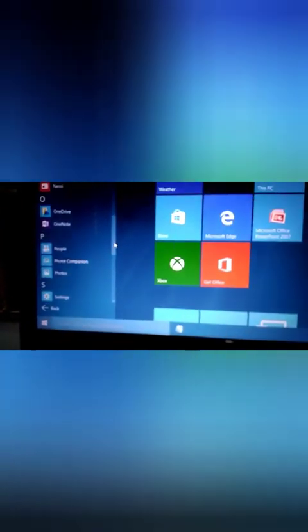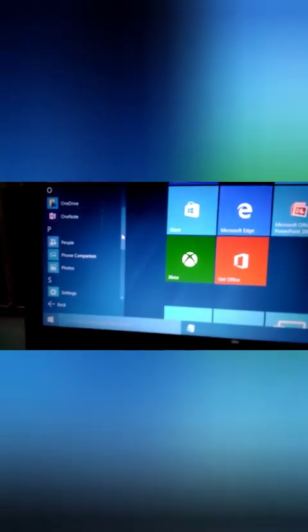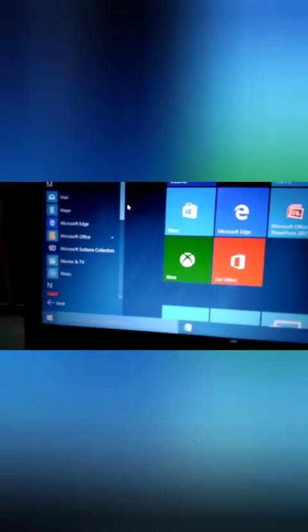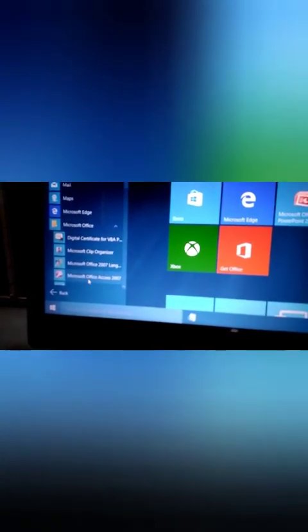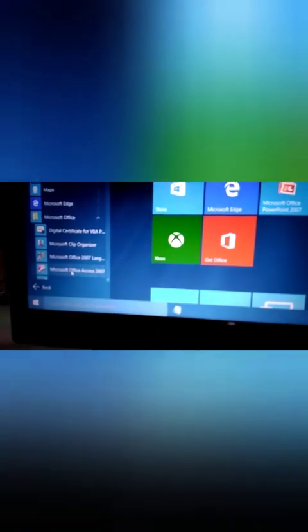From here, open Microsoft Office. After that, click Microsoft Office Access 2007. The database should be displayed in this portion. My database is JMA. So click on JMA. After that, the student table appears on the screen.